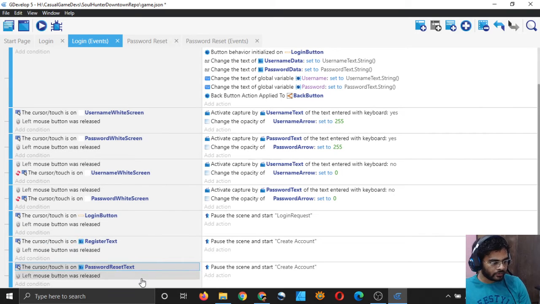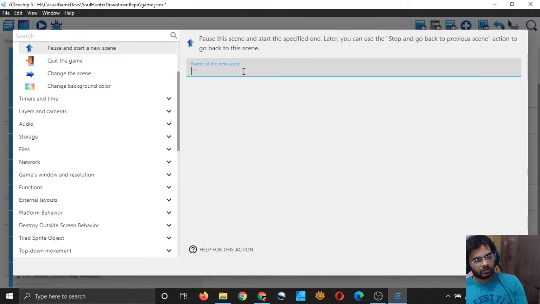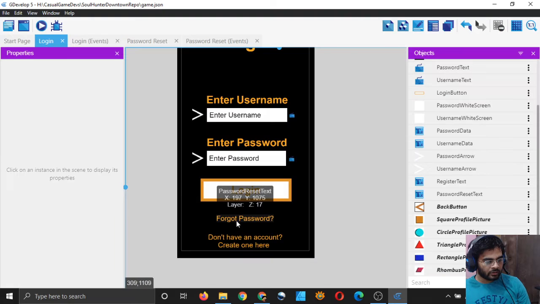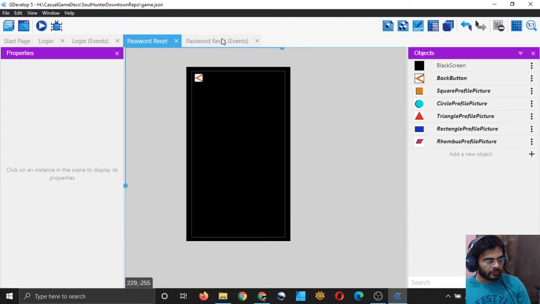So I have it, I will select it, and when it is touched, I will be taken not to create account, but to password reset. Okay, so now password reset scene will open when the user clicks on this, and so here we will be. Let me first implement the back button.